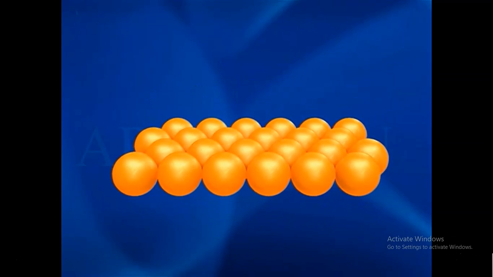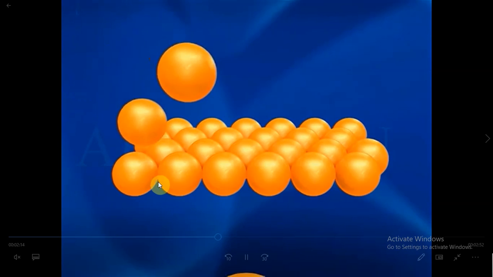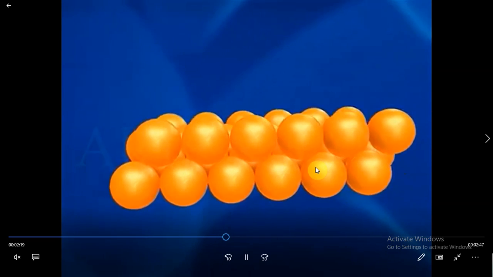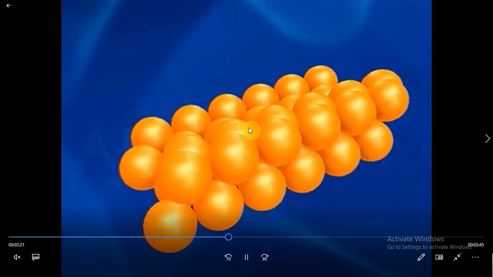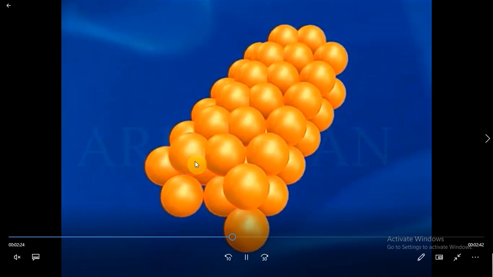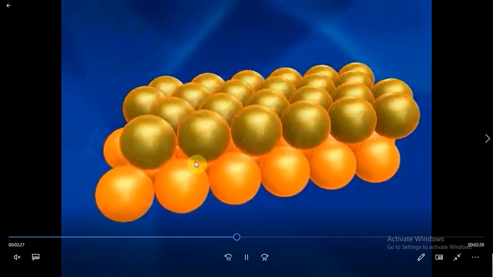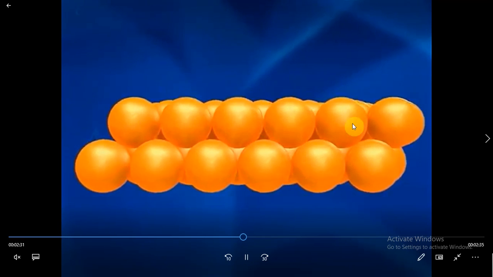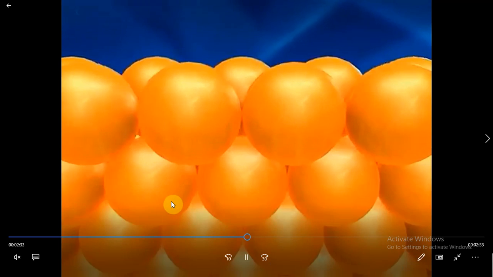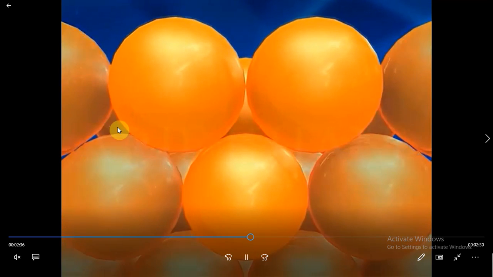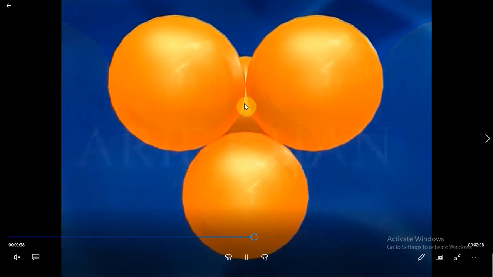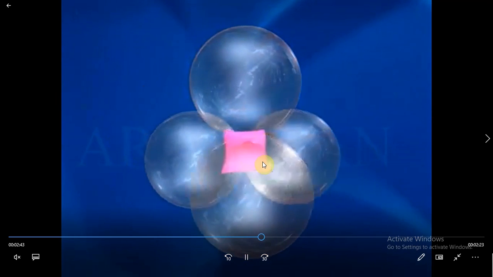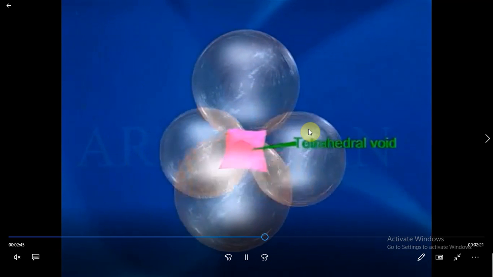So one layer over another it will be getting, and it is also placed in the vicinity only. You see all the atoms are placed in the vicinity. So how the atoms are placed, you are seeing here, in the vicinity of the atoms, so that they can rest properly. Now you see this is one layer and this is second layer, and they are placed in the vicinity of each other. Now you see the voids that are getting created. You see this void that is getting created is surrounded by how many atoms? 1, 2, 3 and 4.